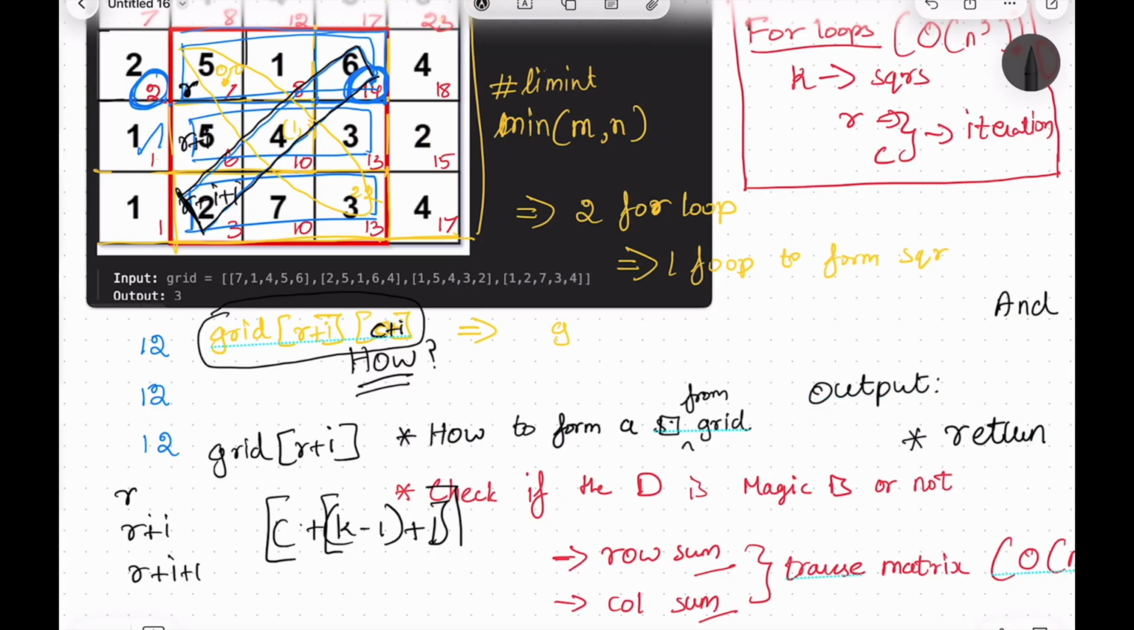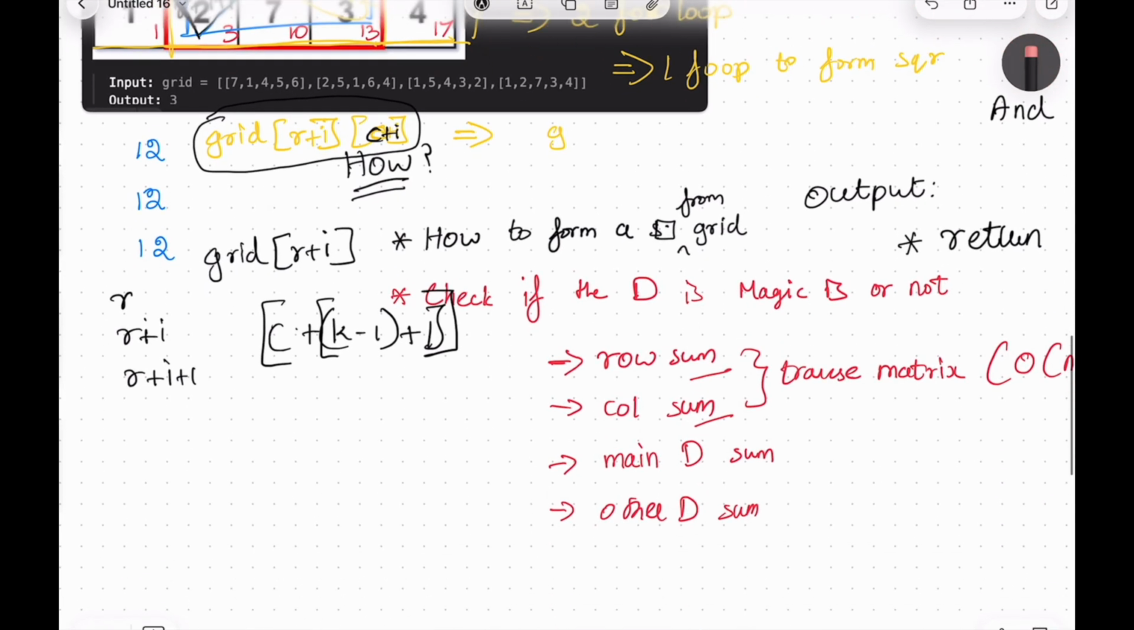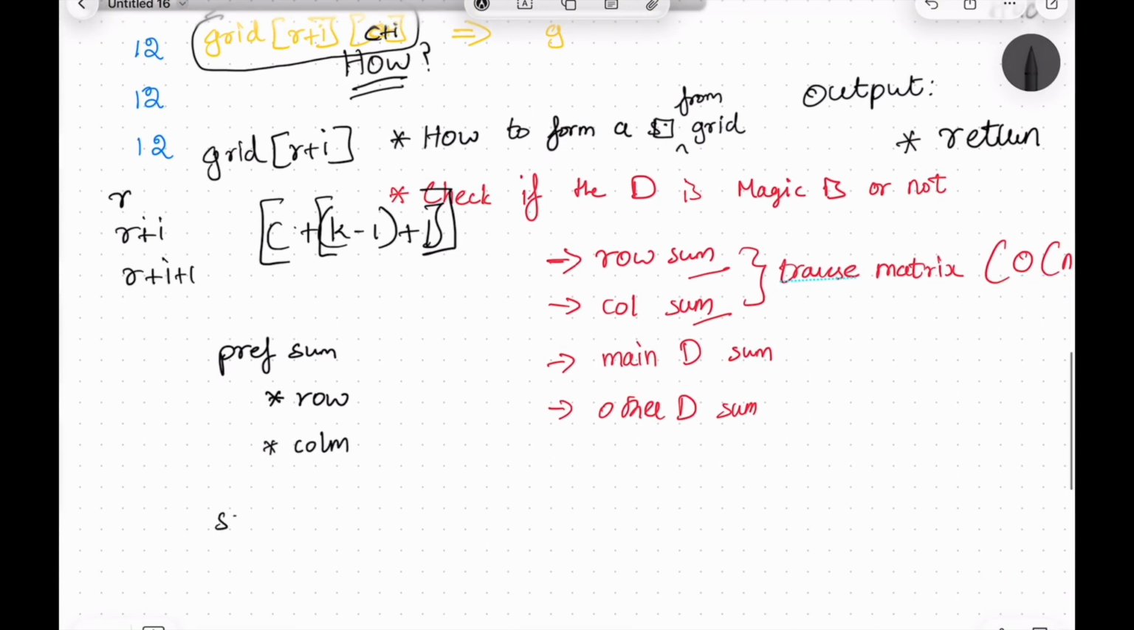So this will be the index for calculating the sum of the opposite grid, right? So totally we have observations for calculating the prefix sum of row and column, right? And then we have the indexing idea for calculating the sum of the diagonal,